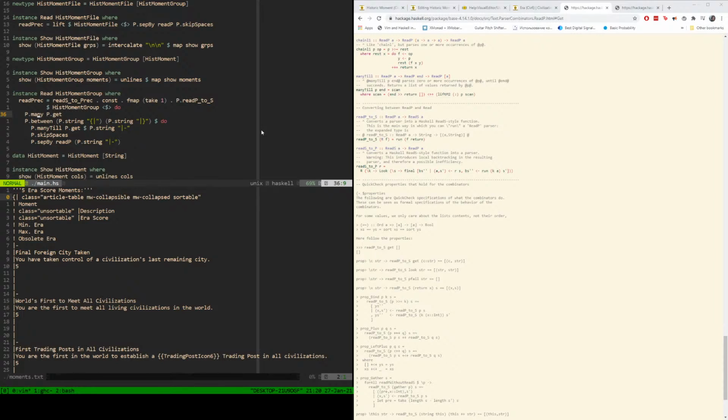It's because it ensures it will parse the first one. Many till pass string. So here we don't need to use between. What we need to use is